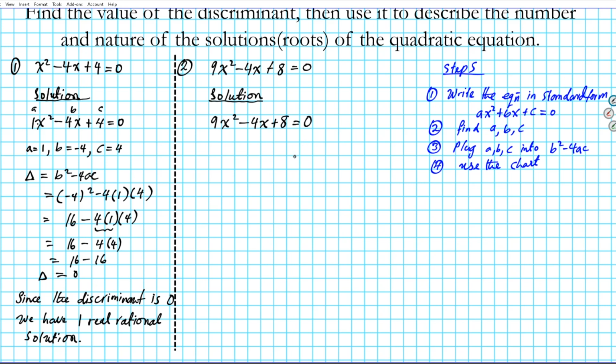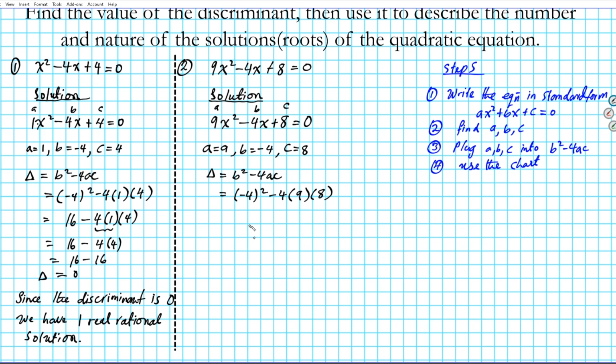Okay, so take a look at the equation that we have. It's already in standard form, of the form of the quadratic equation. So we can simply extract a, b, and c without doing any work. A is 9, b is -4, and c is 8. All right, so step number 3, we're going to plug these values into the formula b squared minus 4ac, the formula for the discriminant. So that's going to be -4 squared minus 4 times a, which is 9, times c,